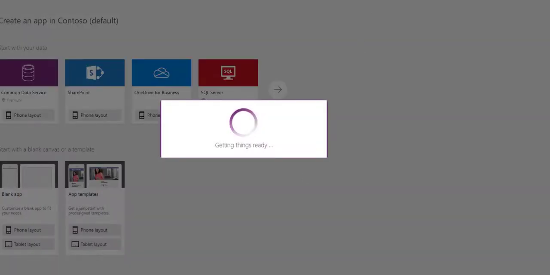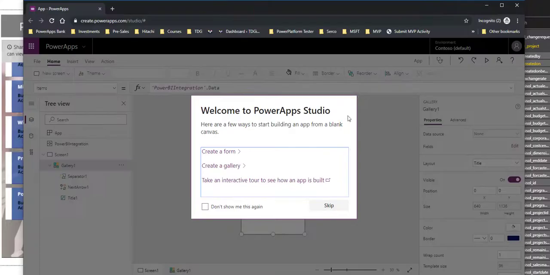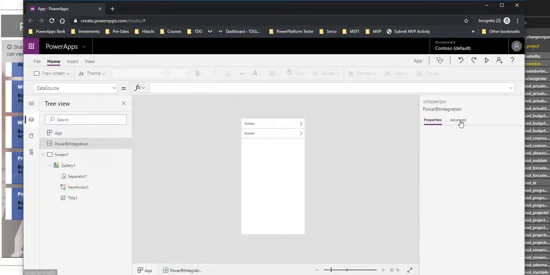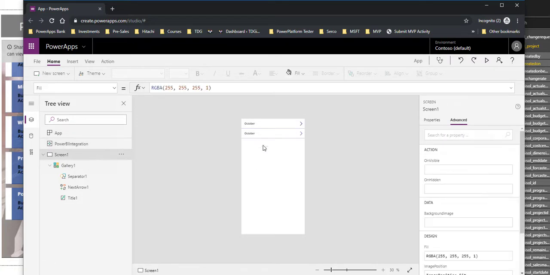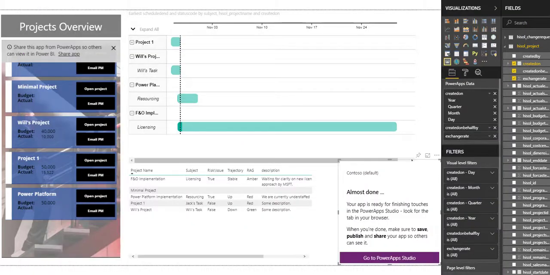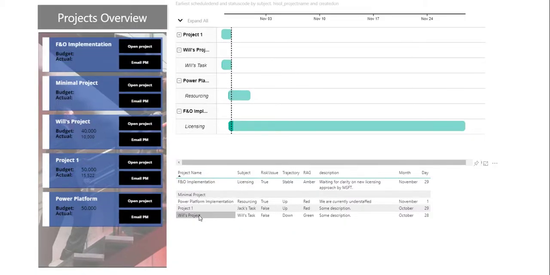And then all that does is shoot off and start spinning up a new app for me with this particular data source. Now it's loaded. We'll just skip that. You'll see that actually my data source is coming from Power BI integration. And if we go into the gallery itself that it's spun up, it's got the Power BI integration data. What this means is, if I go back to my actual report itself, as I select through different items,